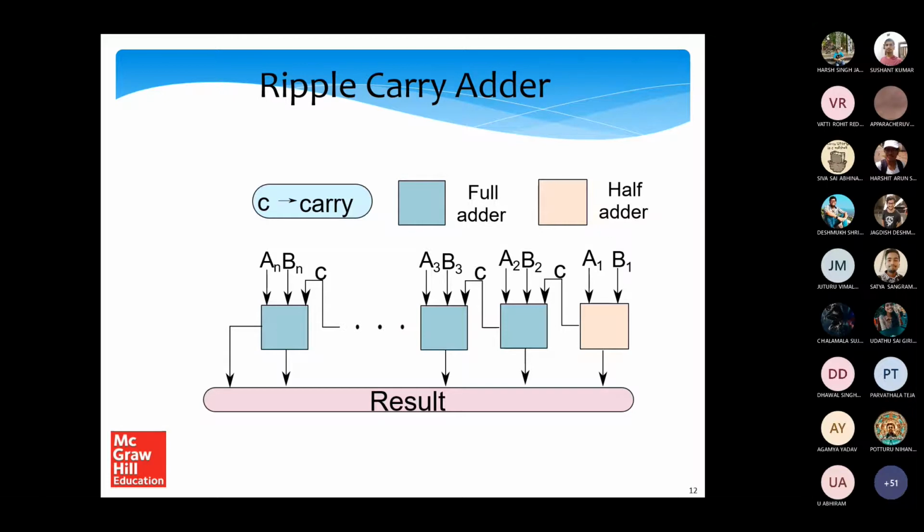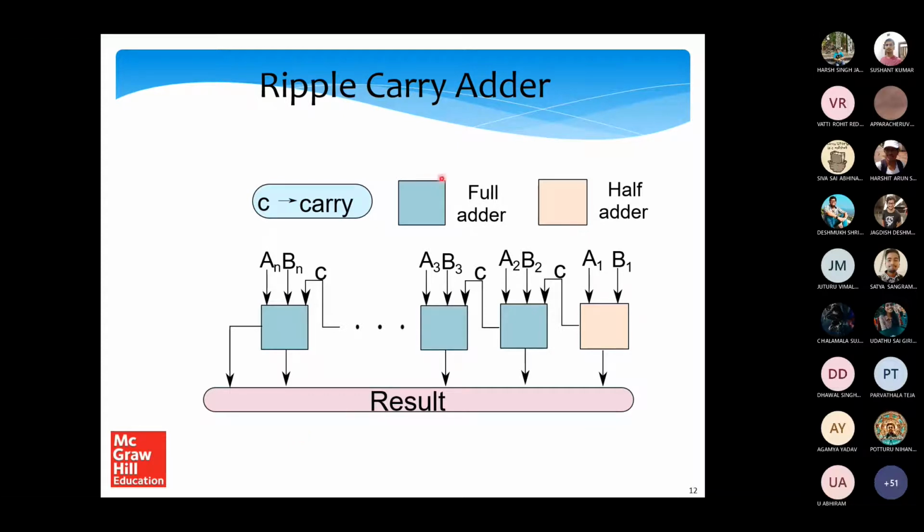If you analyze the complexity of the circuit, you will find that you may get some results very quickly. Let's assume the result is S0. S0 you will be getting very quickly, or S1 you will be getting very quickly. But what about Sn? The result is not complete. The entire result cannot be given to the next circuit unless the full result is available. You cannot give them partial results.